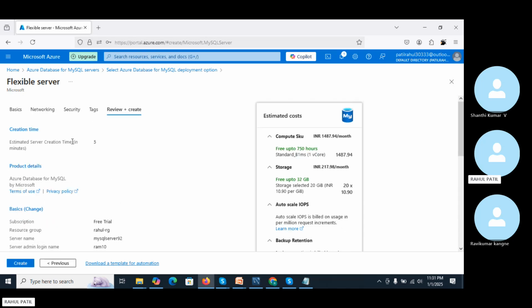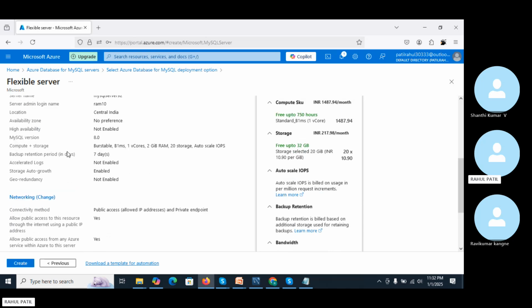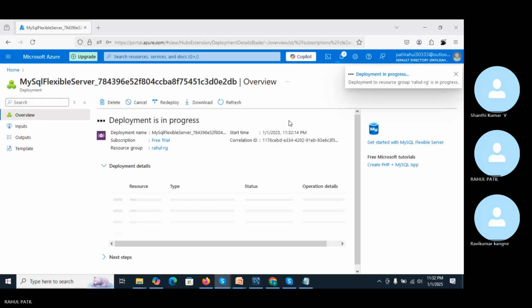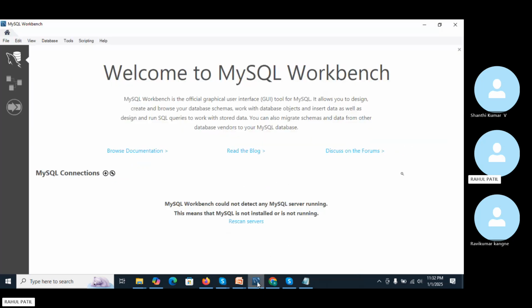Here it says the estimated time for the preparation of this server is 5 minutes. So we have to wait for 5 minutes. I hit create. The initialization of the deployment is proceeding. So while it is initiating, I will show you this,